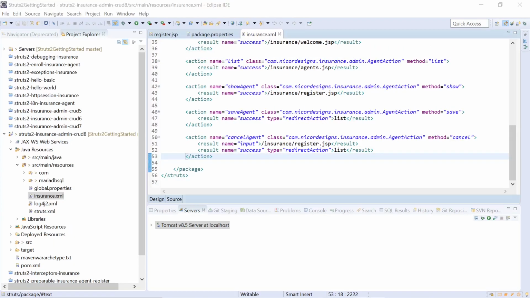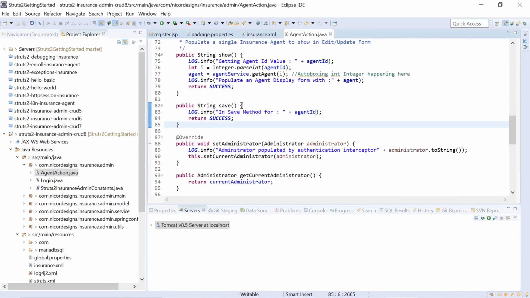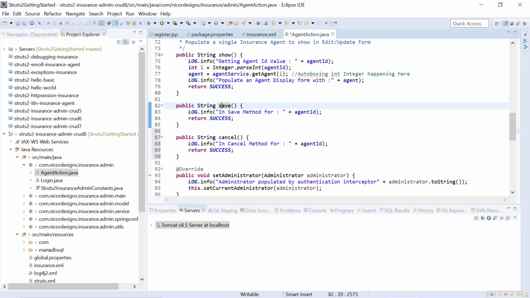And now, since we've defined the cancel methods in our Struts XML configuration file, we can add it into our agent action. And as we can see here, the logic for save and cancel are exactly the same, which means we're ready to go for our next steps, and that is to go to our Spring JDBC